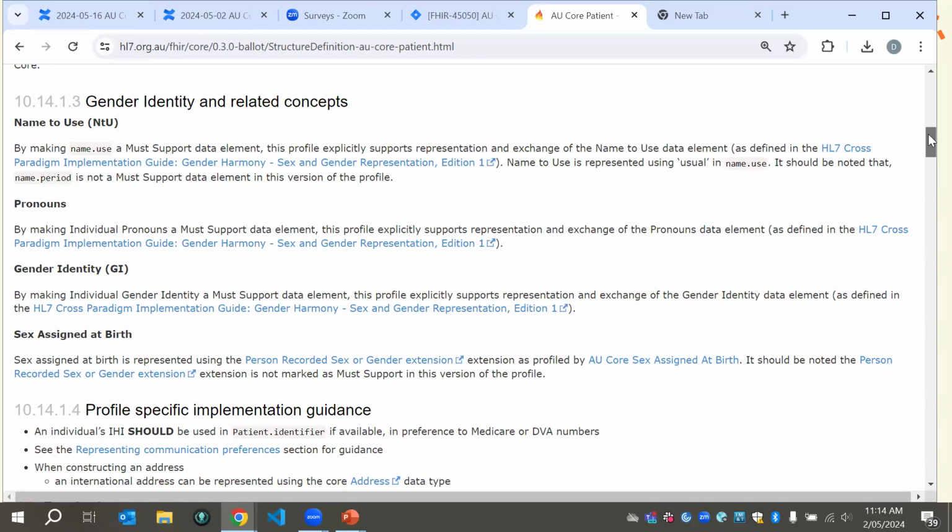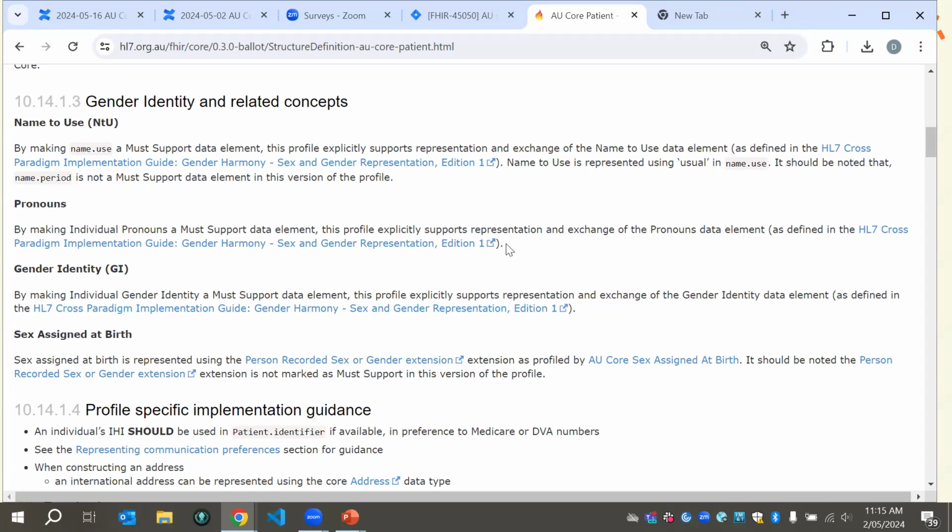Yeah, it was just because, when I read it, there's a bit of difference between the way sex at birth is described. Like there's an actual extension that's been profiled, whereas that hasn't been done for pronouns and gender identity, possibly because there's invariance that exists that can assert that conformance. The reason sex assigned at birth is profiled is to add more support, and you couldn't do that through these profiles because they're single element profiles. So there's no need to have an extension for pronouns because you're not doing anything different there.